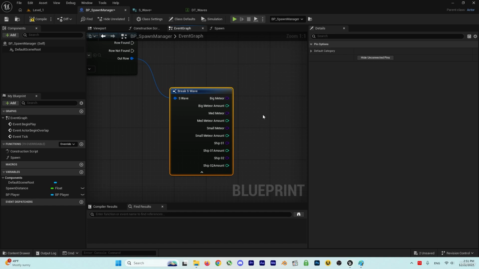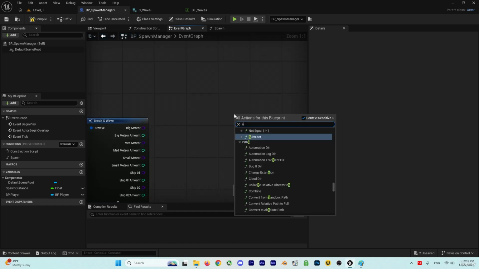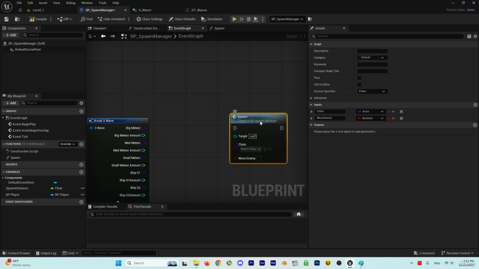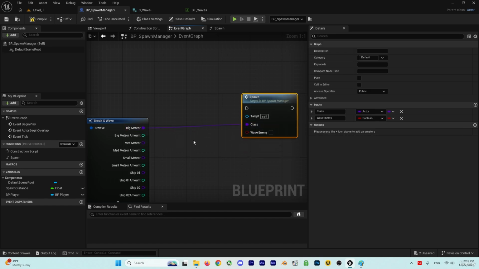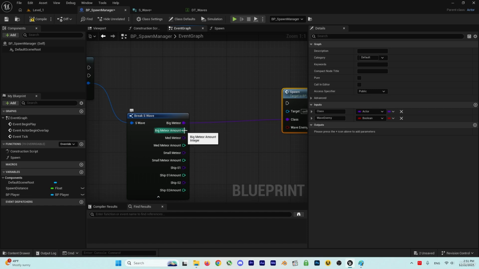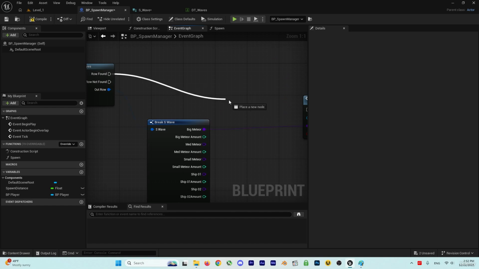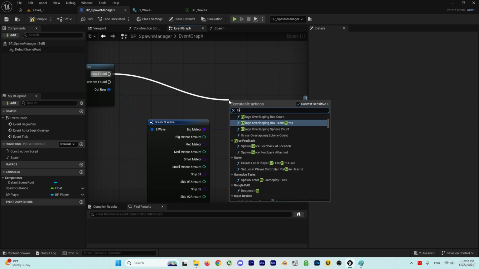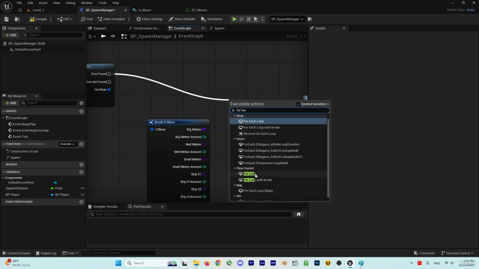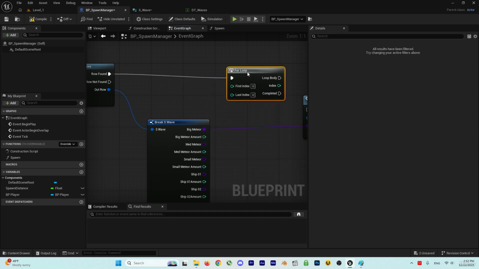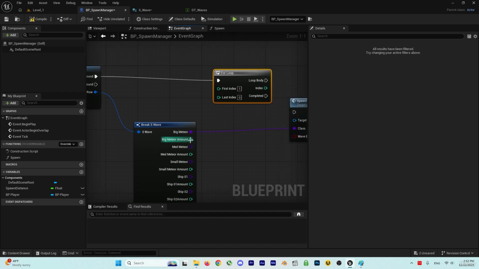right? So for creating these, we can use a spawn function that we create together, right? We want to, for example, spawn this big meteor, but this amount, and for creating this amount we can use a for loop. So in here on the row found we can say for loop, right? It should be for loop, right? So we can tell it the first index and the last index. The first index I wanted to start from 1, and the last index I wanted to be this big meteor,